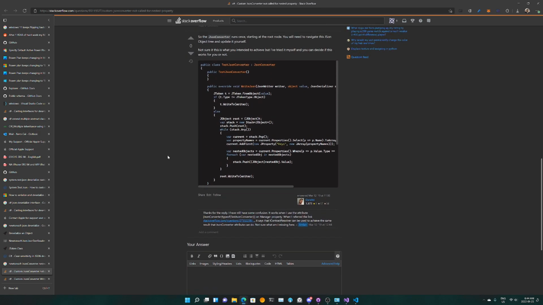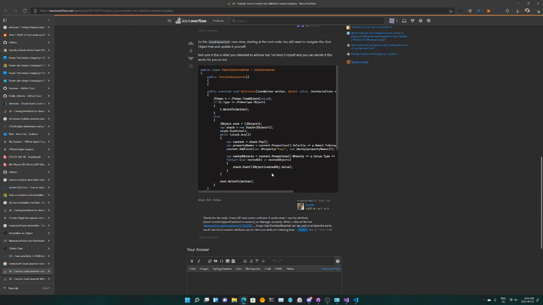So I think we may need to do something like this, right? So this is for writing. For serializing, what I do is for deserializing. So for this one, what might need to happen is, okay, let's see. The stack is the object, and the stack is trying to push the root of the object that they're trying to convert.